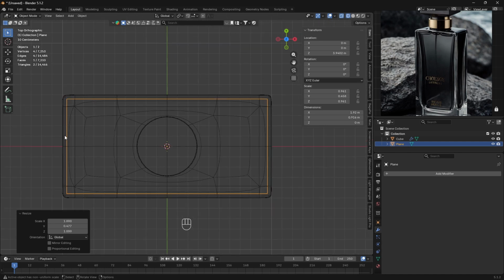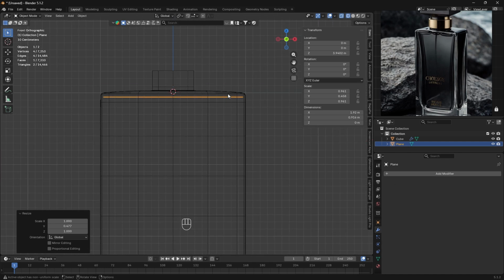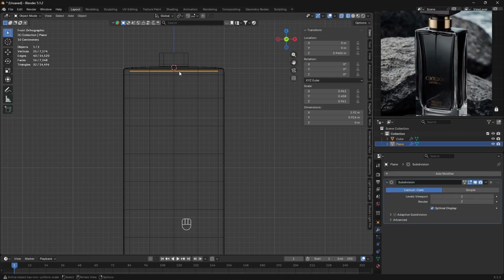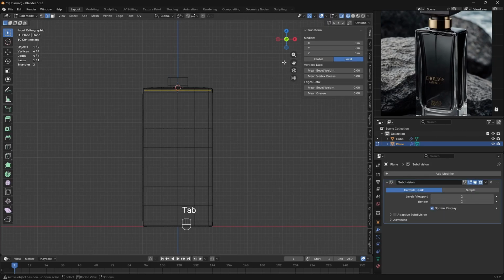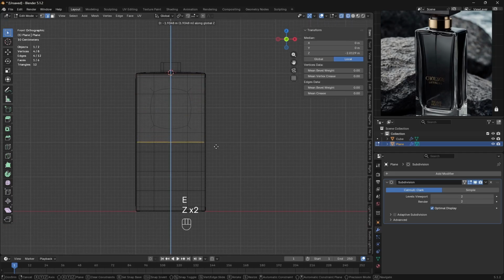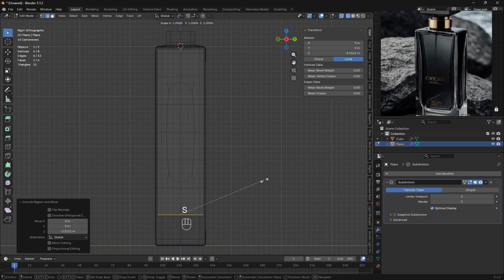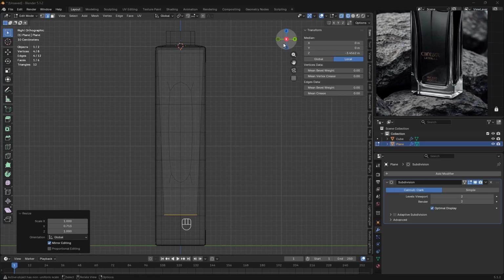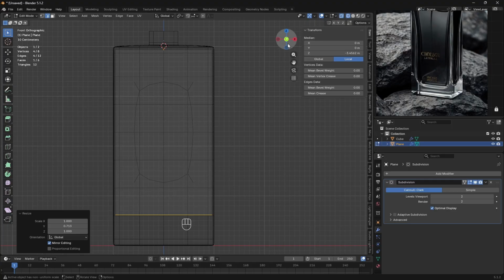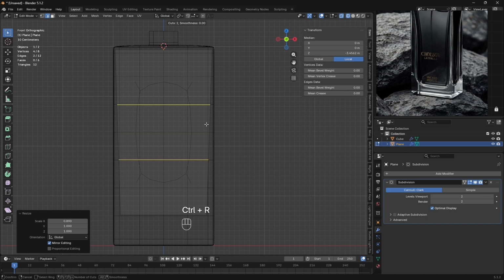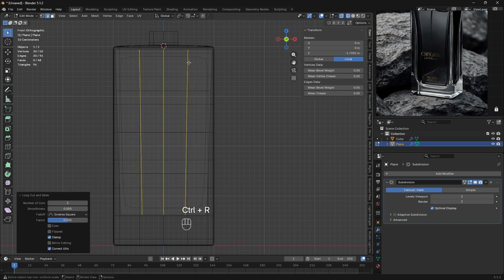So we need this to be inside our perfume bottle, and what we can do is to add a subdivision surface, 2 segments, and we can press Tab so we can jump to the edit mode, extrude Z. I can extrude it and put it in here. So in here I will scale it just a bit on the Y axis. If you see it, it's a little bit narrow on the bottom, and I will scale it on the X axis again. Alright, just a bit, right? I will add 3 loop cuts and 3 more loop cuts in here.